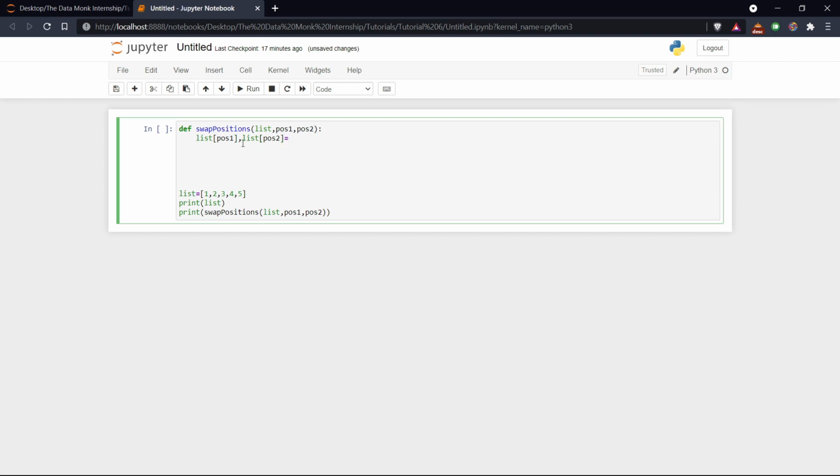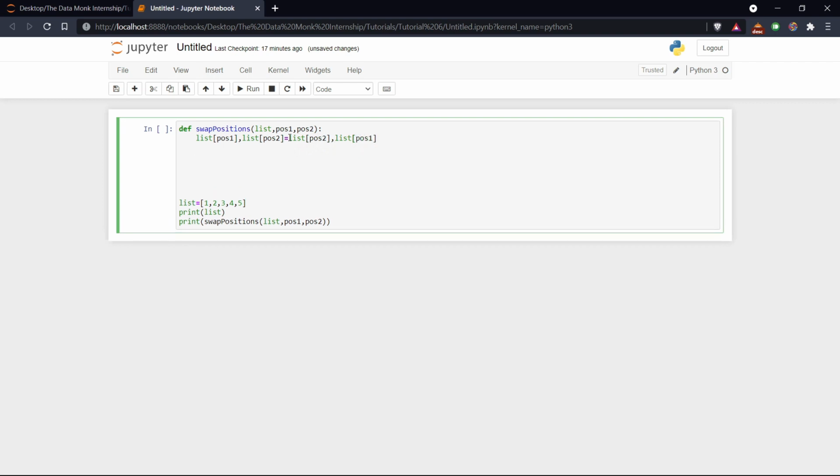See here, we have applied a comma before the assignment operator, so these both will be executed simultaneously. Now we have to exchange these values, so let us write in the reverse order: list of position 2, comma, list of position 1. After this we just have to return the list.